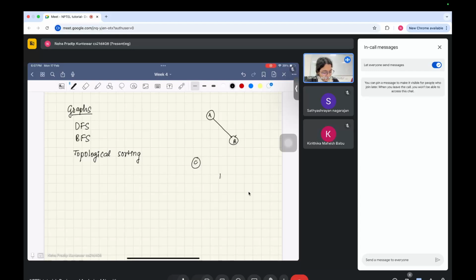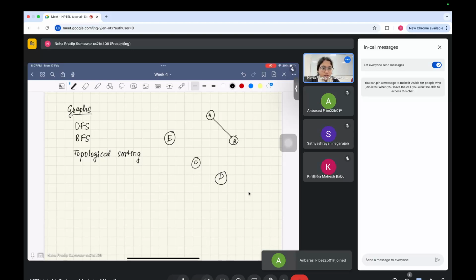Let's say there are a few cities, and you draw an edge whenever there's a path that connects them. By path I mean there is some road connectivity from, say, B to C. There's no direct road from, let's say, C to D, but there's a road from E to D, and then say C to E, something like that. So this is something you have seen so far, where you have vertices and then you draw edges whenever a